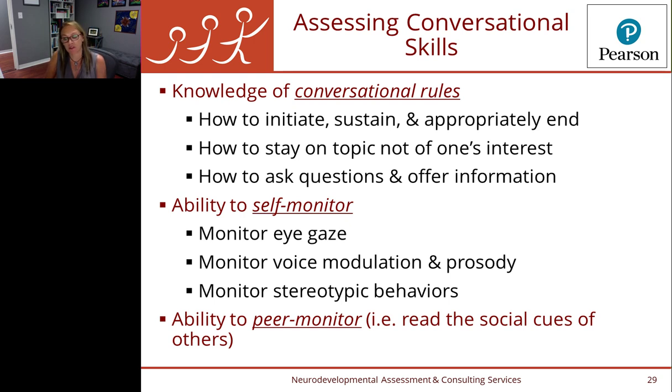And then the speech pathologists and certainly many clinicians are going to be assessing for the conversational reciprocity, the rules that go with not only you as the person with autism. What do I have to monitor? I have to monitor my eye gaze, all my nonverbals, my facial expressions, my gestures, then my speech and the tone of my voice. And then I also have to monitor all of this with my conversational partner. What does their eye contact mean? What do their gestures mean? When they're yawning, when they're looking at their watch, what does that mean? These are the more subtle forms, the nuances of social communication that we still need to assess.